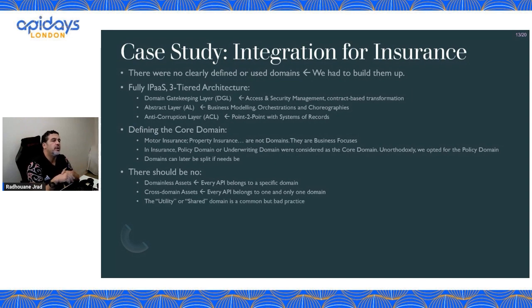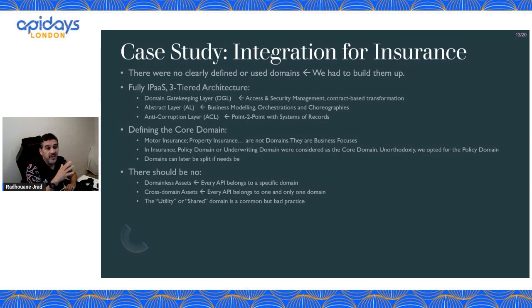A common thing when you come to domain-driven design is you have shared utility or miscellaneous domains where you can virtually put any domain. I compare this to that last box in a form where they say, do you have anything else to add? So it's free text. You can write whatever you want, but somebody has to interpret that, so we might get the wrong data from there. We don't want that. We want you to select A, B, or C, then we know what to do with the data. Similarly, we want each API to belong to a clear domain.